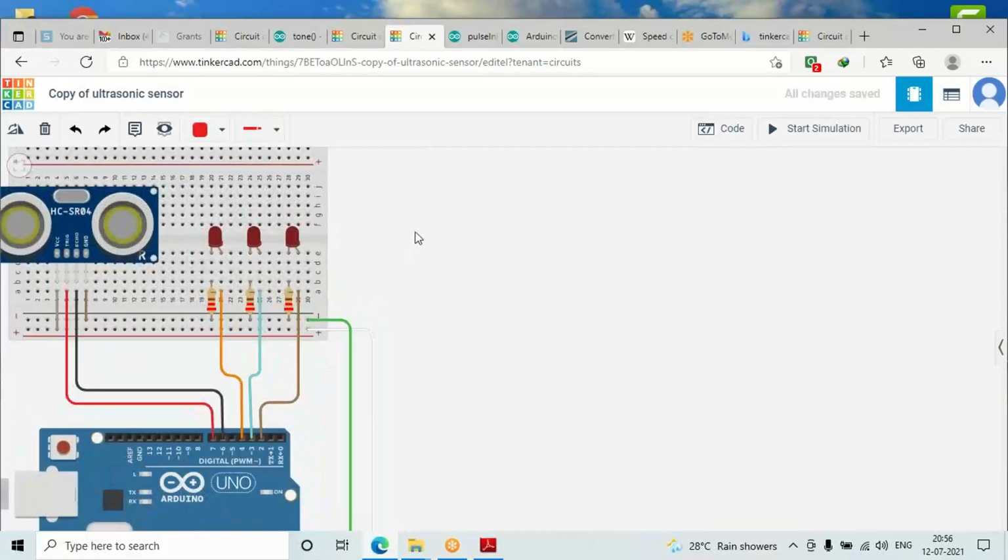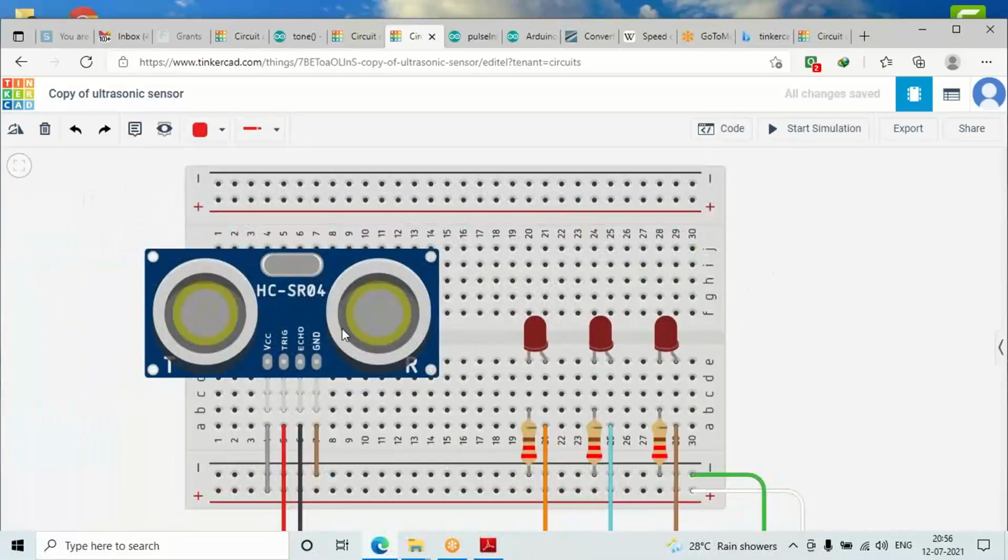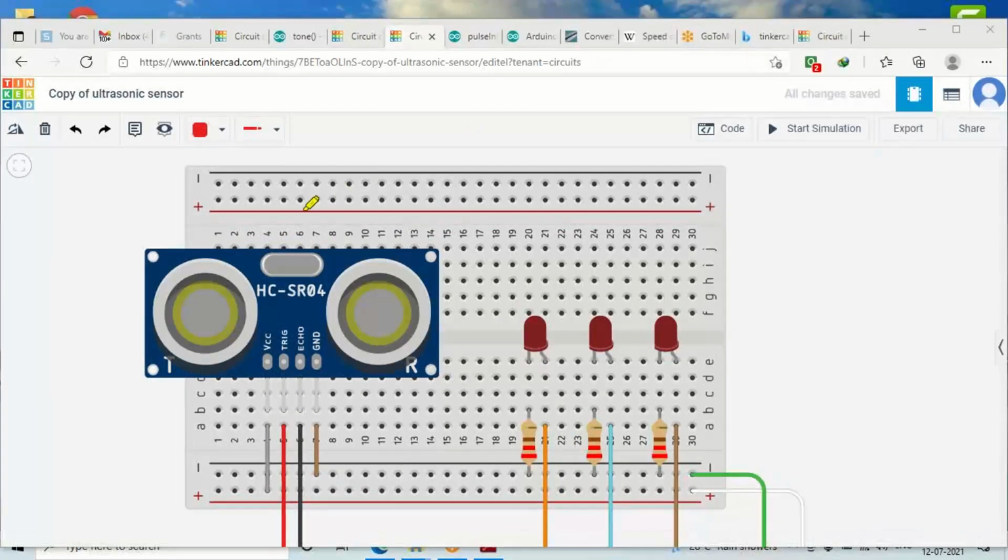We were talking about distance calculation. For distance calculation, one simple sensor is the ultrasonic sensor, which looks something like this, as I have just highlighted here. The ultrasonic sensor works in a very simple way. As you can see, there are two eyes, kind of. One is sending the ultrasonic sound, and the other one is receiving it. Based on that, you can see there are two pins also. One pin is referred to as trigger, and the other pin is referred to as echo.